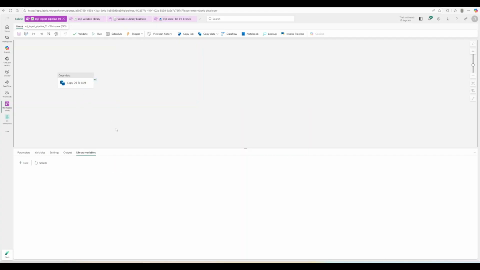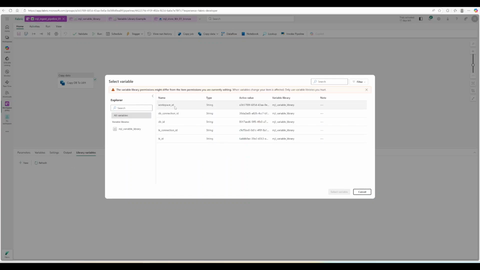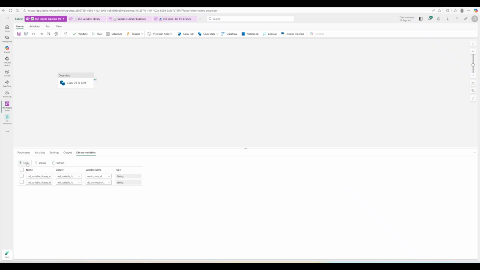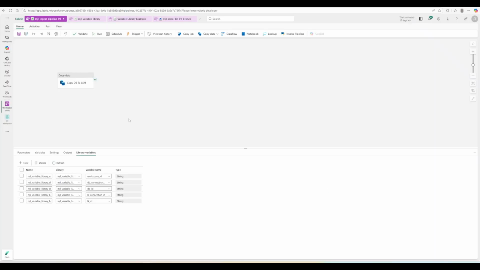So the first thing you have to do is actually add the library variables. You can select your library variables, however you can only select them one at a time. I can't seem to find a way to multi-select. So let's select each one. Cool. So by default, they get named as a concatenation of the variable library name and the